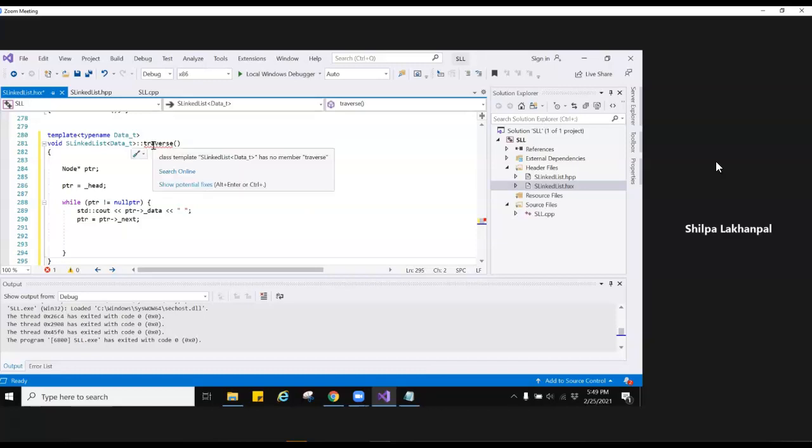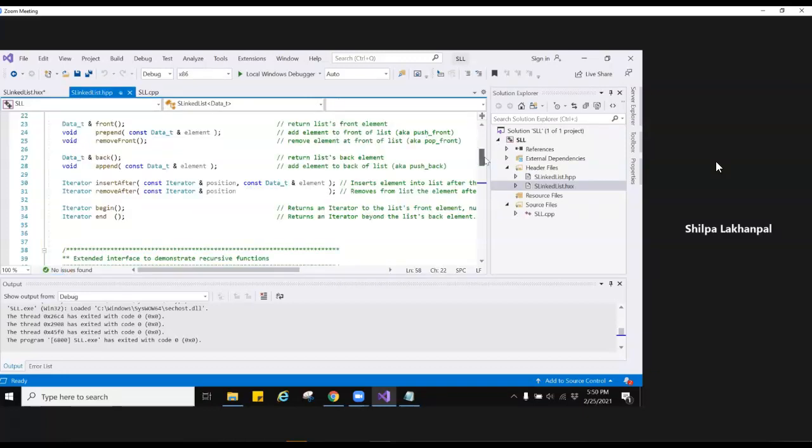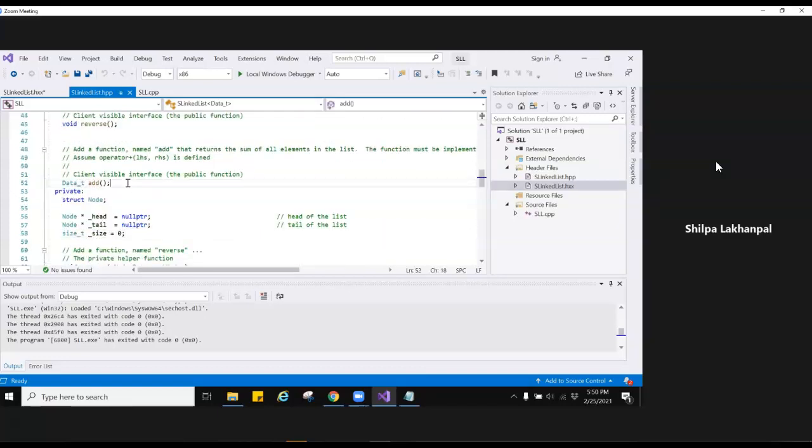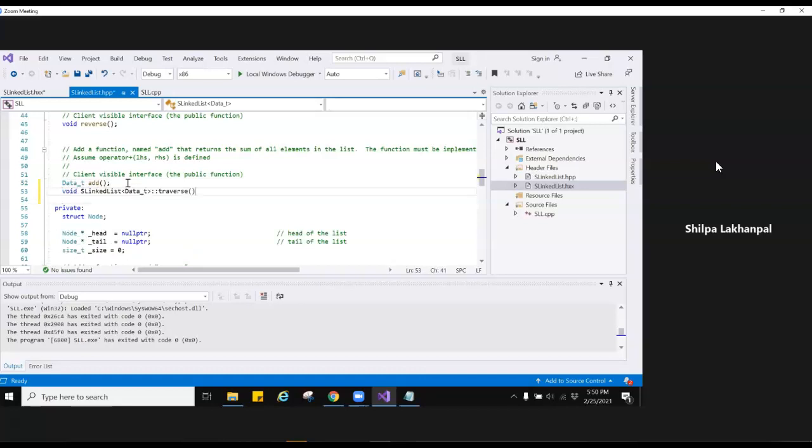Now it has an error indication saying this needs to be declared in the class as well. So let me copy the function declaration into the header file right over here, anywhere basically. This has to be a public function, and then we can get rid of this class name and the scope resolution over here. We just need this, because it's inside the class.